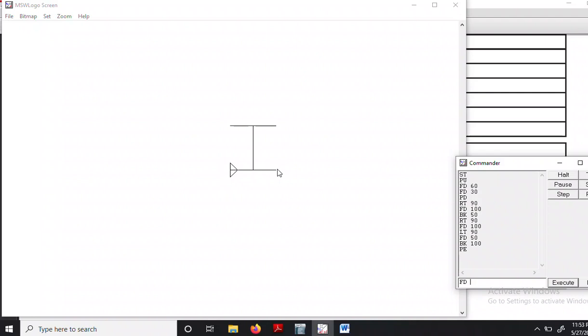So I will do FD. It was of 100, so I'll write FD 100. So line is erased. And if I hide the turtle, it will be a T. So I have converted I into T, and it was a question of pen erase and pen normal. To make the turtle again in normal mode, I have to write pen normal. Right? Alright.